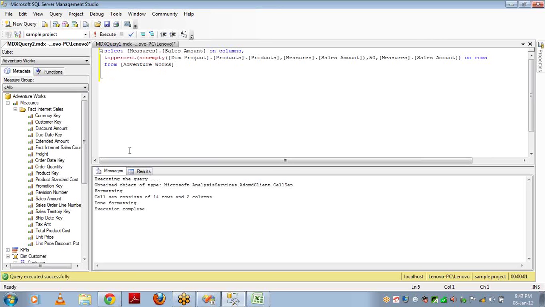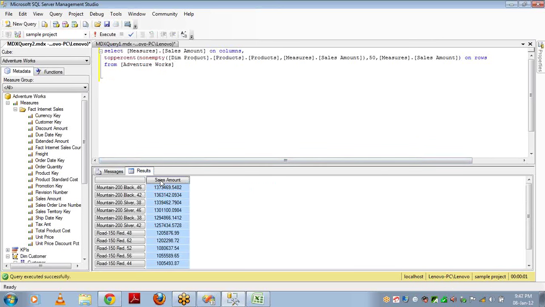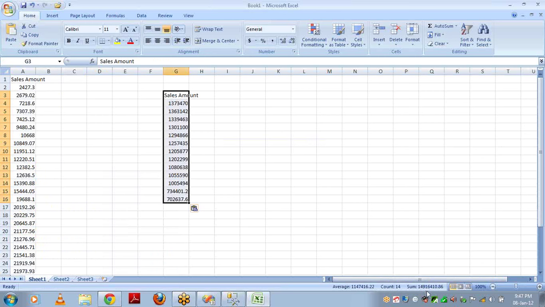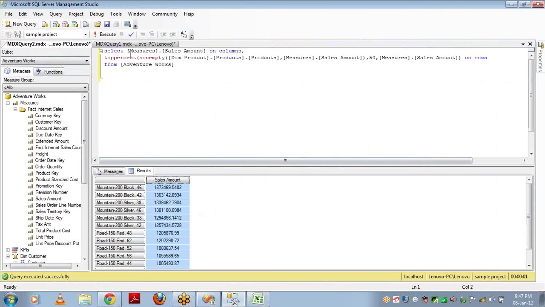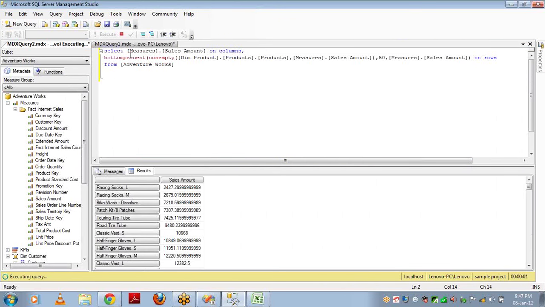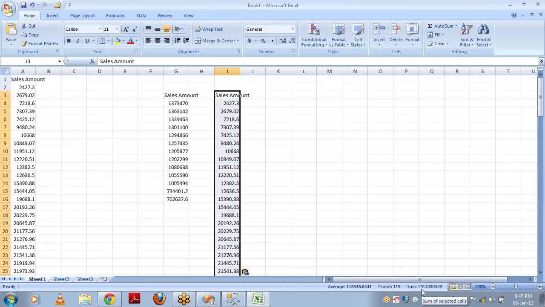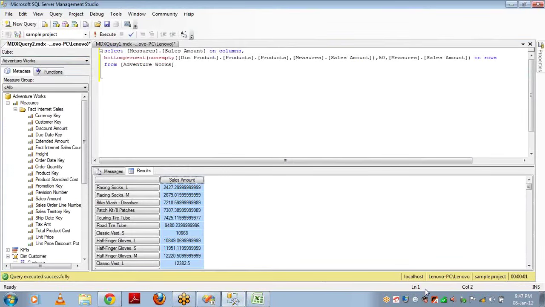For example, let me show you an example. This is the sales amount when I have a top percent of 50. It is forming some value, 1 crore 49 lakhs 16,410. Now let me take the bottom percent of say 50. Then it is going to give me some records which will form a very close amount to this. It is giving me 1 crore 51. It is very close. So this is how the top percent and bottom percent works.